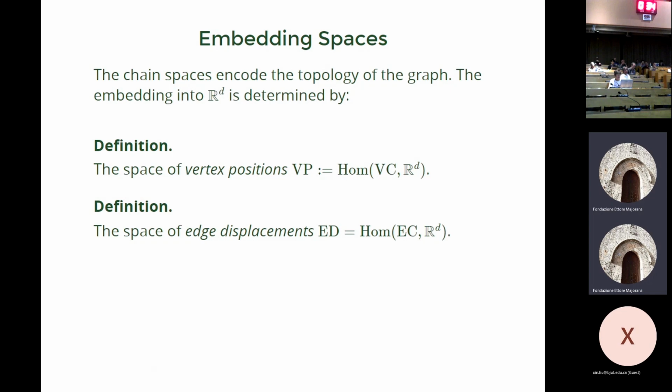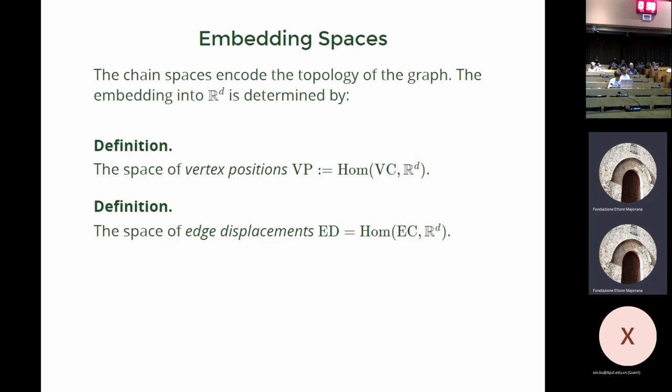But what I'm interested in is embeddings of these graphs into, again, usually R3, but in principle RD. Fine. So I need to somehow specify where each vertex is in space. So think of the list of vertices as a basis for this vector space. Each vertex gets assigned some position in RD, some vector in RD. And so the collection of positions is basically just the collection of all possible linear maps from this vector space into the space that I'm mapping into.